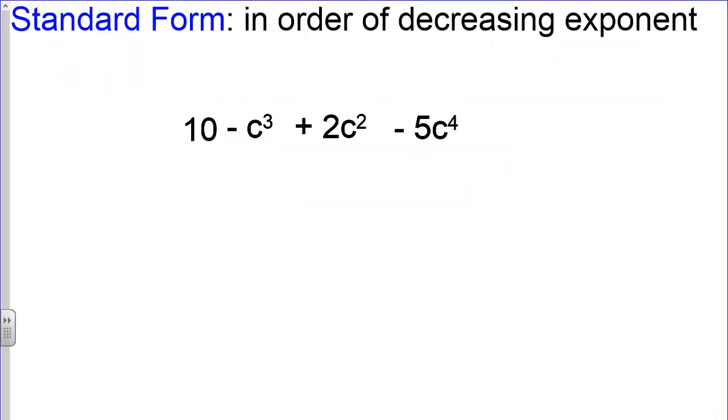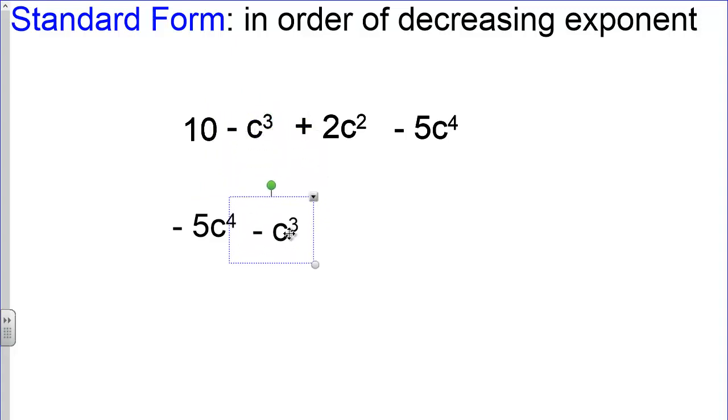Okay, so we want to put these in standard form, and standard form is in order of decreasing exponent. So what we want to do is find the largest exponent, which is this one right here. What that means is my leading coefficient is actually going to be negative 5 no matter where it's found in the problem, because it's attached to the largest exponent. But I do want to put these in order. So technically we should take this negative 5, negative 5c to the fourth, put that first. Then we find the next highest exponent, which happens to be this